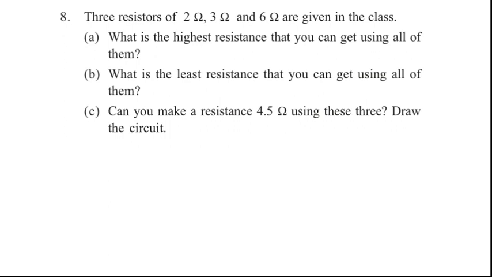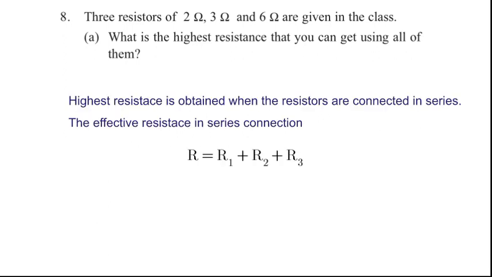Let us consider the first question. 3 resistors of resistances 2 ohm, 3 ohm and 6 ohm are given in the class. What is the highest resistance that you can get using all of them? Highest resistance is obtained when the resistors are connected in series. So, in order to get highest resistance, we must connect this 2 ohm resistor, 3 ohm resistor and 6 ohm